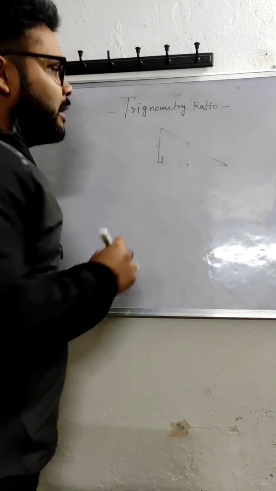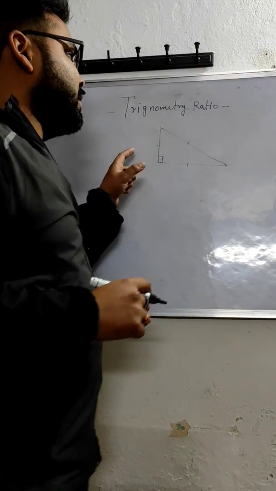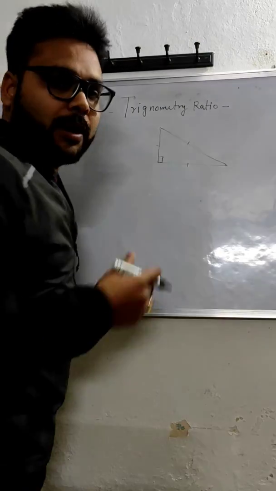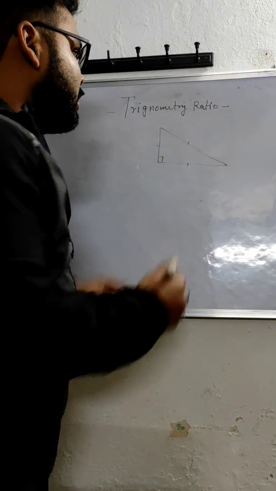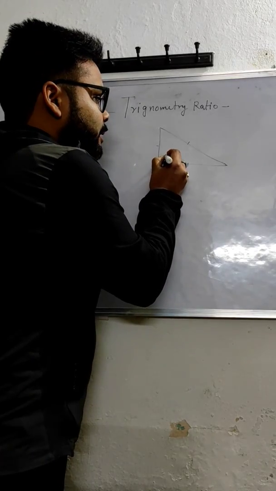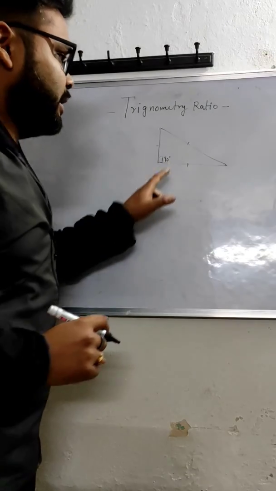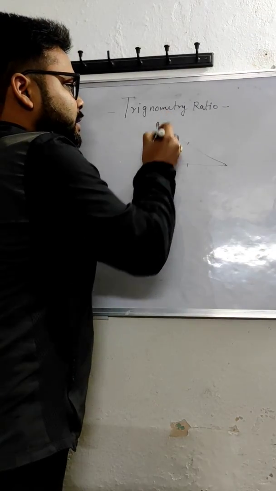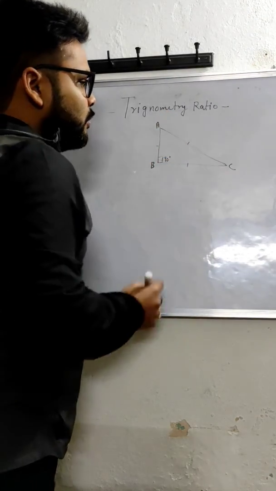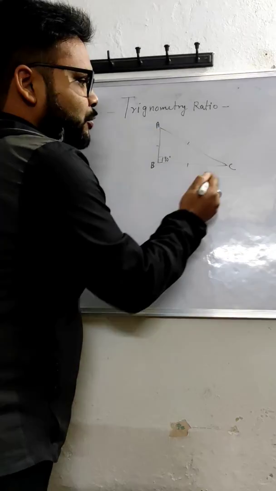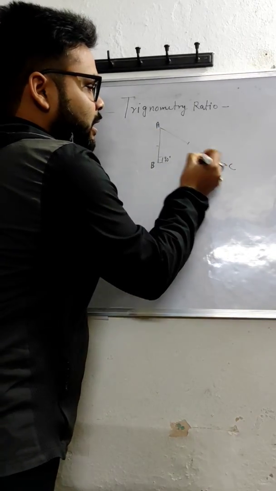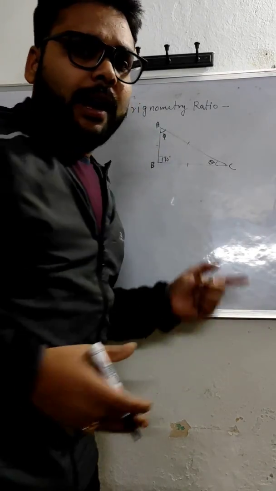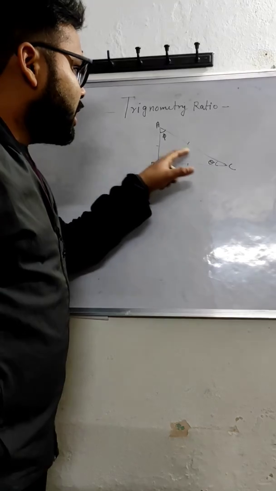Why are we taking a right angle triangle? Because in this chapter we will mostly use this right angle triangle, since we have to calculate trigonometry ratios. This is a right angle triangle because this angle value is 90 degrees. Let this triangle be ABC. Now both these angles are acute angles. Suppose this is theta and this is phi. We can take anything: theta, phi, delta, anything.